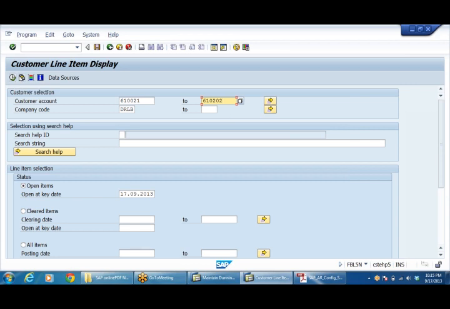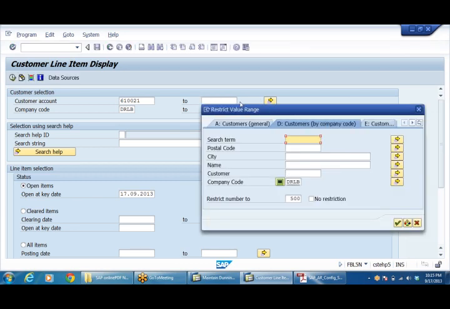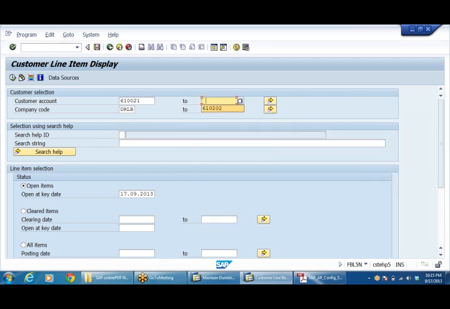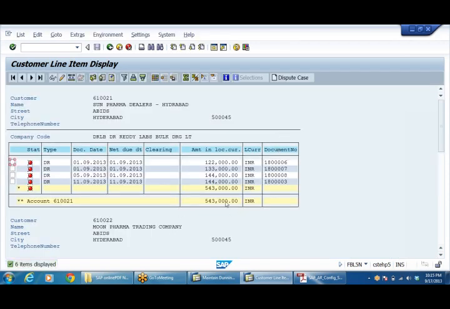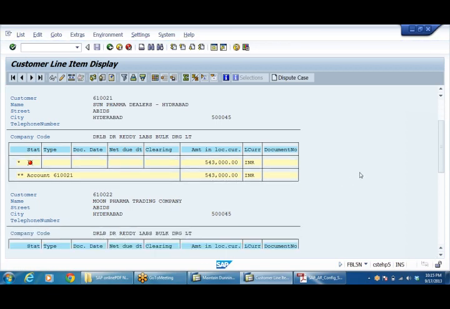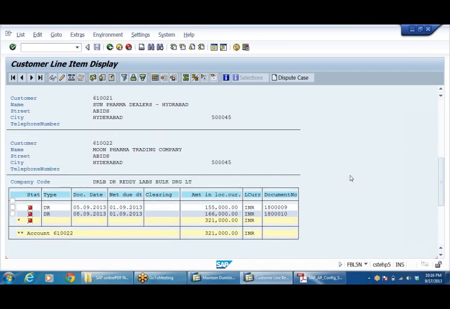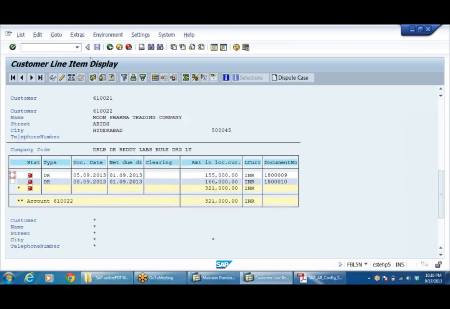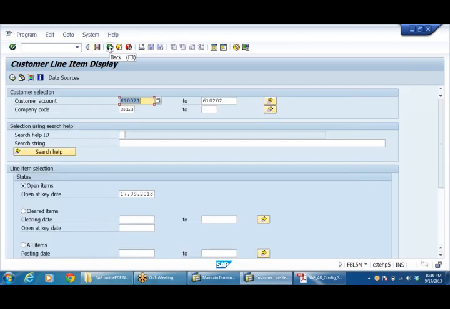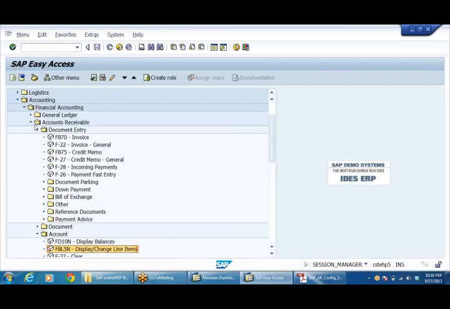So around 4 line items, 4 invoices here. Here around 2 invoices, right? So outstanding amount is there. Now we can execute the Dunning process.